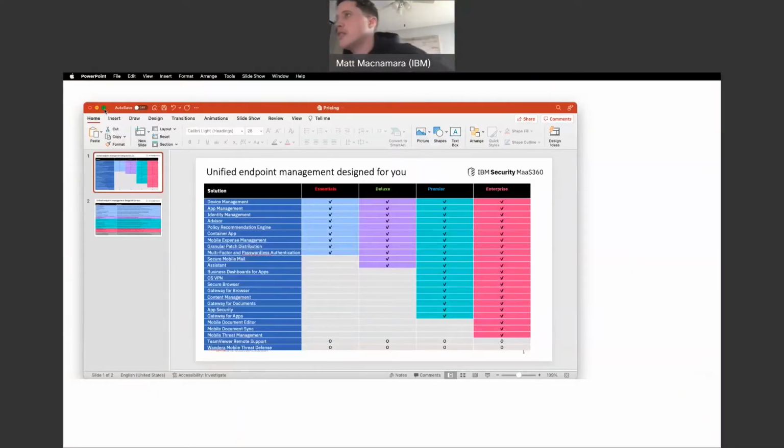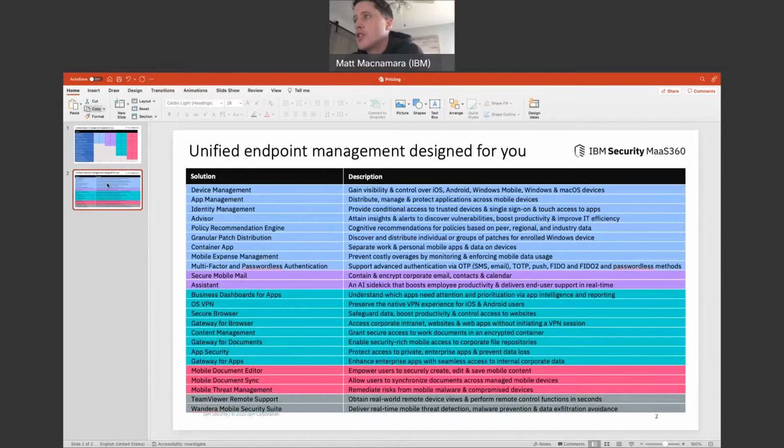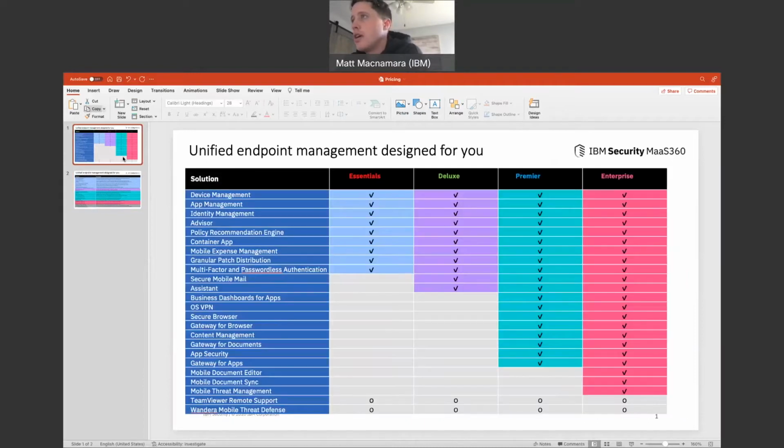Let me share out my screen here. So you should be able to see the bundle screen here, essentials all the way up to enterprise. I'm breaking these down and what everything on the left-hand side here, everything on this screen with the descriptions means and the problems it solves and what this is going to do for you from a management and security standpoint within MaaS360. If you want to pause your screen right now to screenshot this, just get a sense of what you're going to get per each bundle, do so, and I'm going to stop sharing my screen